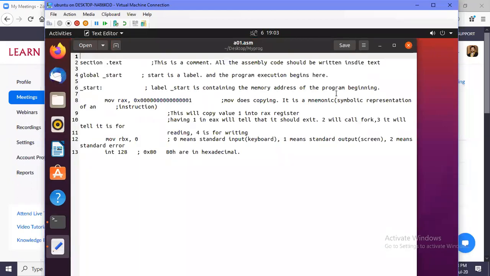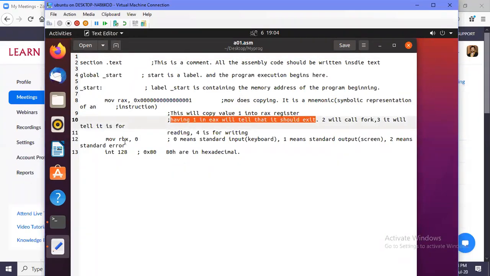So last week we wrote this program along with comments. If I just refresh your mind, what was this program about? This was our first exercise, to write a program which starts its execution but does nothing and exits. For that, we call the system interrupt identified by the number one. The number one system call is for exiting.